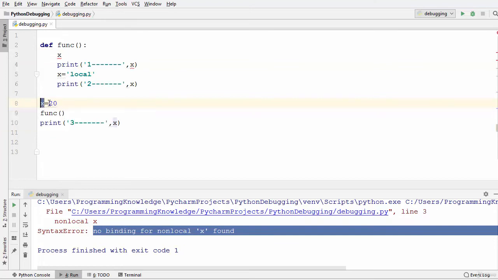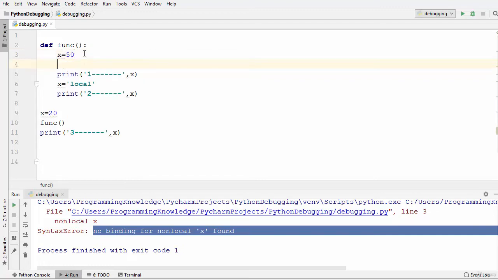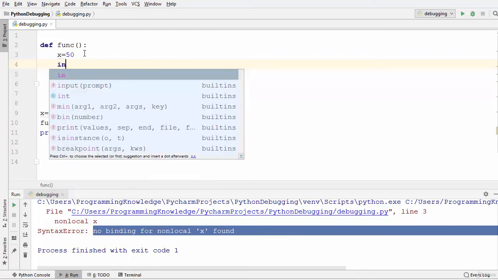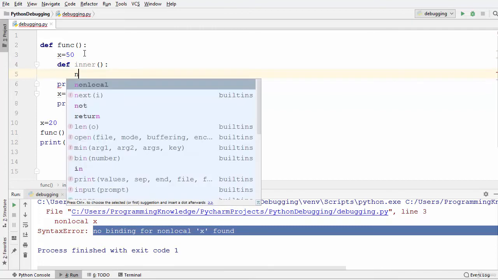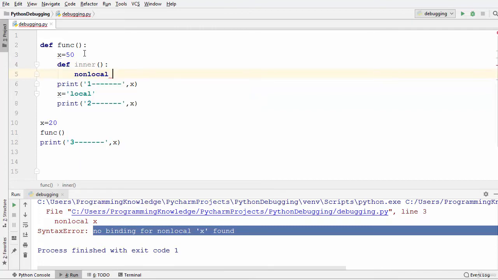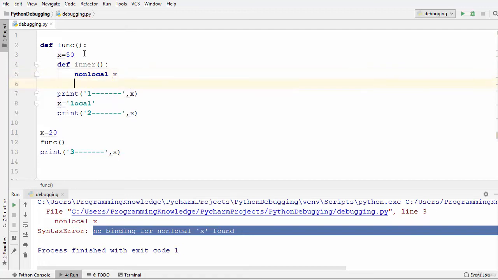So this x is in the global scope and I'm assigning 20 to it. And then I'm going to once again inside the function, declare a local x and I'm going to assign 50 to it. And then I'm going to define one more function inside this function and I'm going to name it as, let's say, inner function. And let me just add the def keyword. And then inside this inner function, what I'm going to do is define a non-local variable, once again x, and then reassign the value of x is equal